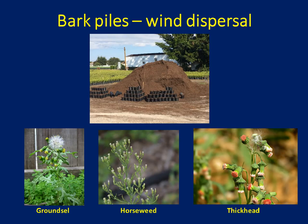And bark piles, especially bark piles that have been sitting around for a long time, if bark comes in and it's stored for an extended period, possibly you see up at that top picture where some pots have been filled. Maybe the plants didn't get potted up for a while, and those pots sit out for an extended period of time. Oftentimes we see things like groundsel, horseweed. Probably down in Florida in the more southern nurseries, we can see things like thickhead